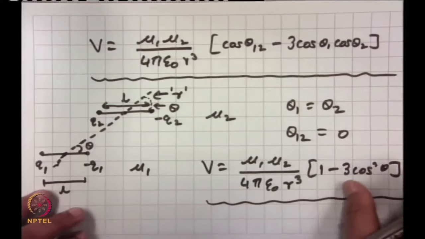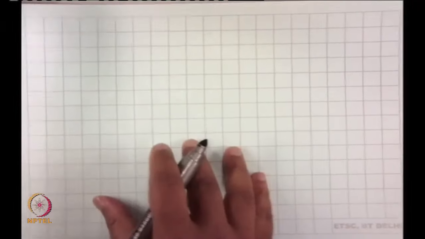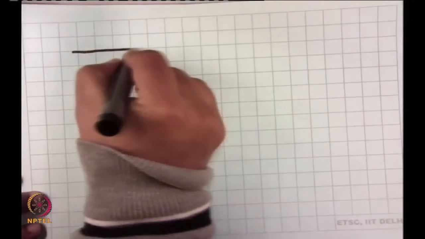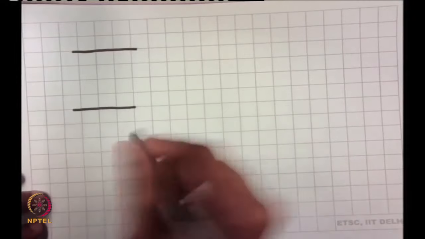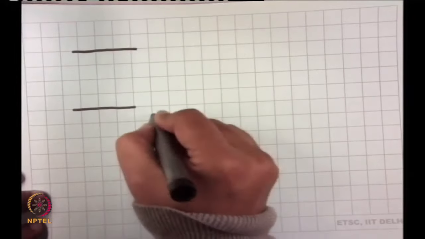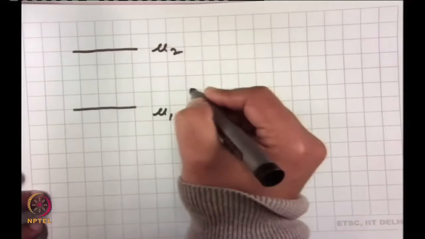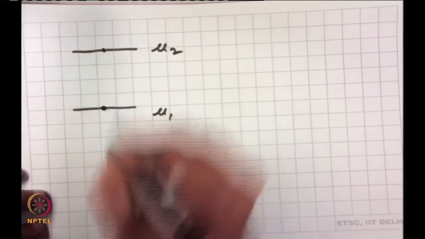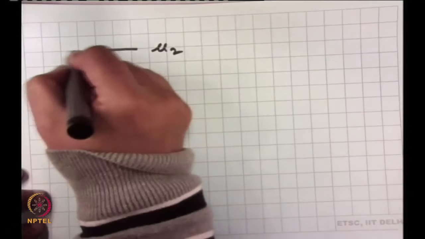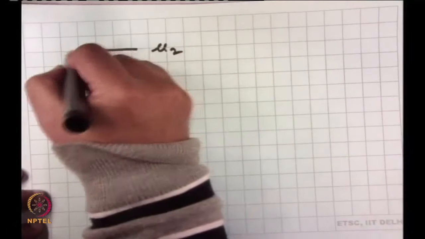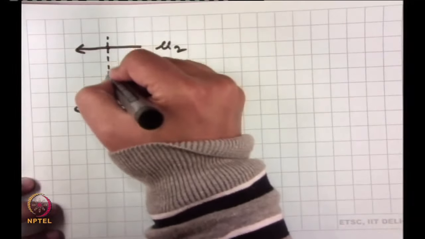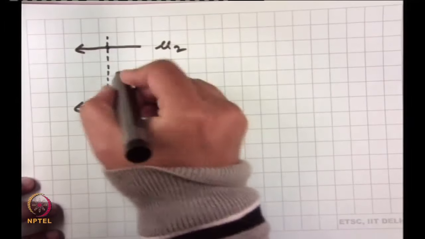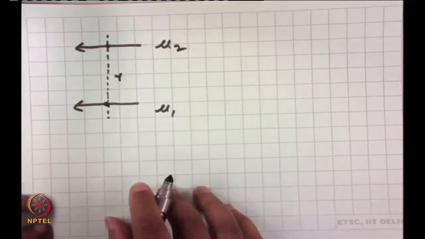Let us take another case now. So just simplifying this further, we can take another case where we can have the dipoles like this, right. I can have the dipoles like this. So this is say mu1, this is mu2, again R is from the center, right. Yeah, you can have this, it does not matter what it is. And this is your R, okay, there is your R.